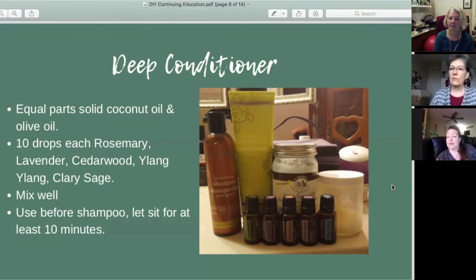You can even do it overnight and wear a shower cap because it's messy, obviously. But if you leave it on for at least 10 minutes. In the summertime, I find my scalp is more oily, so I avoid the scalp. But in the wintertime, my scalp's very dry, so I just massage it right into my scalp and then wash it out. Usually I have to do 2 washes with this one just because the oil likes to stick